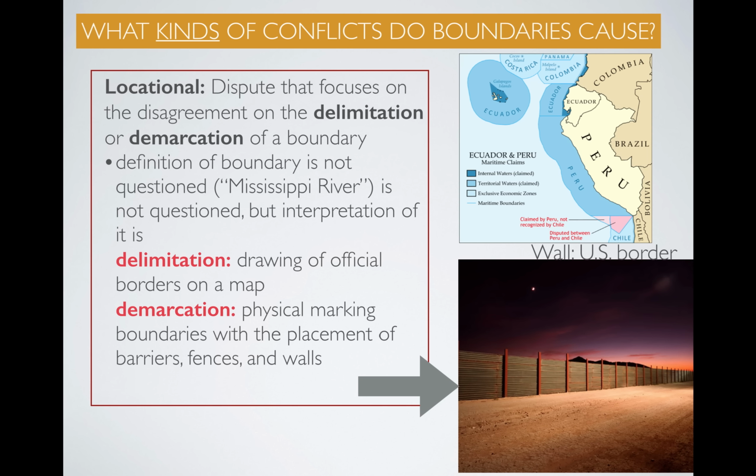The map I put at the top there is actually an example of maritime or sea boundaries, of the problem of delimitation, where different countries, specifically you see there Chile and Peru, have different claims. It's not necessarily a question of the laws. They both agree to certain maritime laws, which we're about to talk about, but where the official boundaries actually exist, where those borders exist, is what they're disputing.